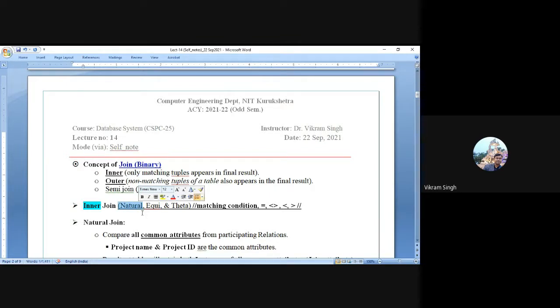Natural join says, suppose between two database tables there are attributes which are similar, which are common, right? Because between the two database tables listed in the from clause, the database query processor will look for the common attributes. Like in employee and department, D number is common.